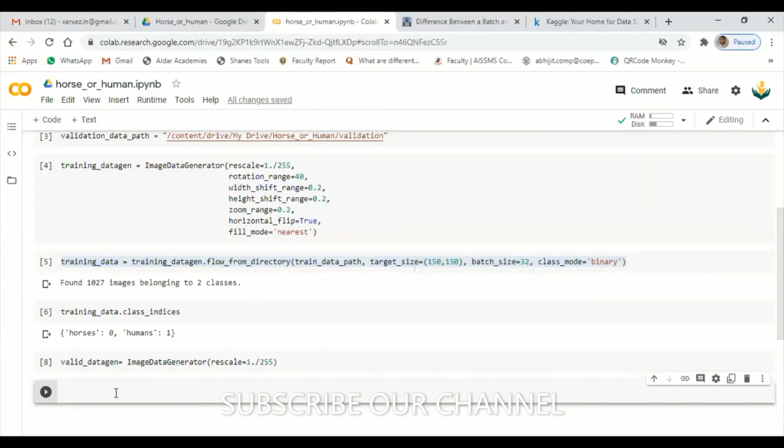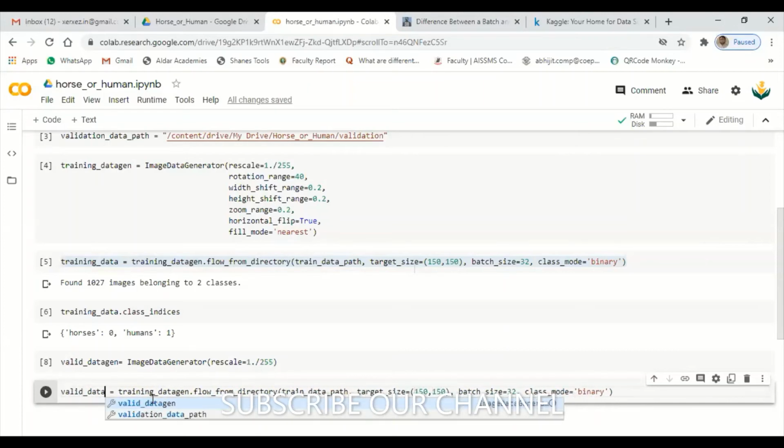Next create one variable, let's say valid underscore data. The data generator is valid data generator, valid underscore data gen. Next is flow from directory, which remains the same.